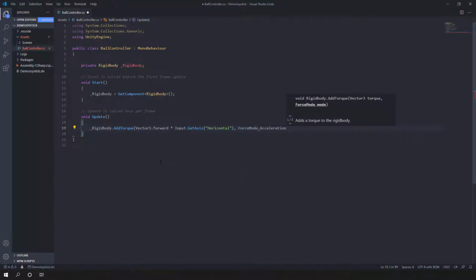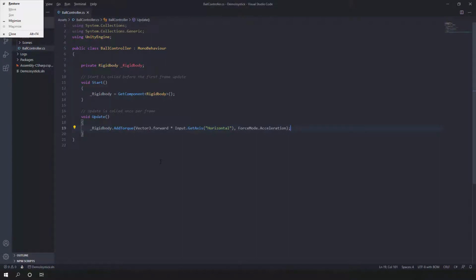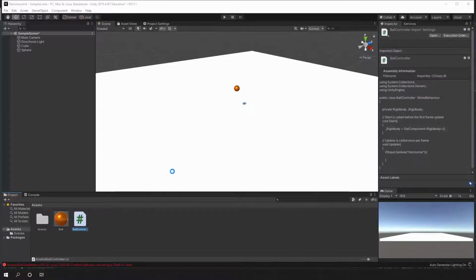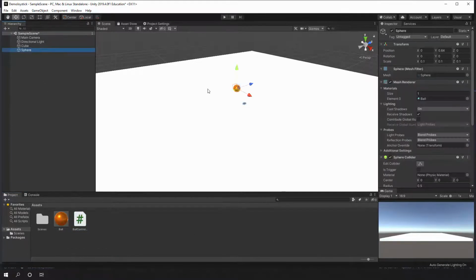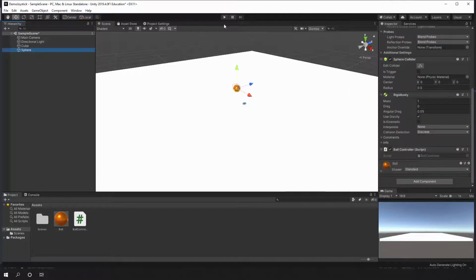So in this case, I will say acceleration. And we will see what happens with this. It's compiling right below. Everything seems to be okay. I will include this code into our sphere. And now I will hit play.